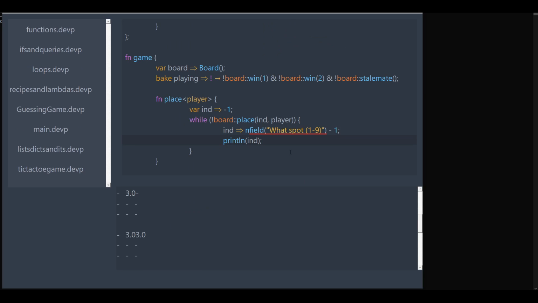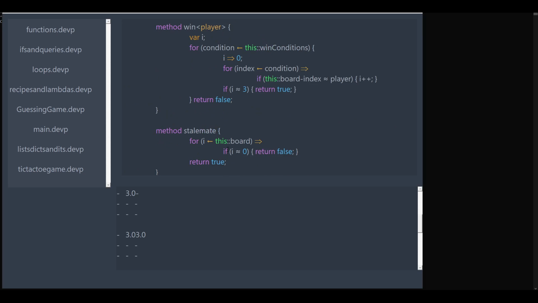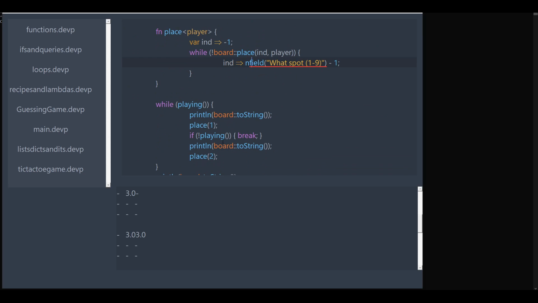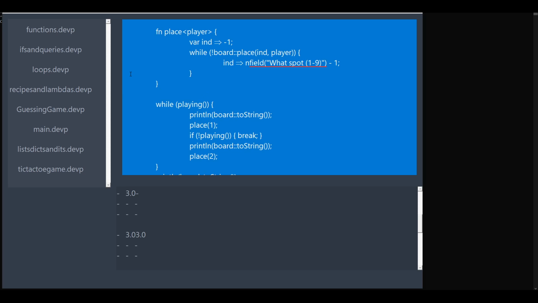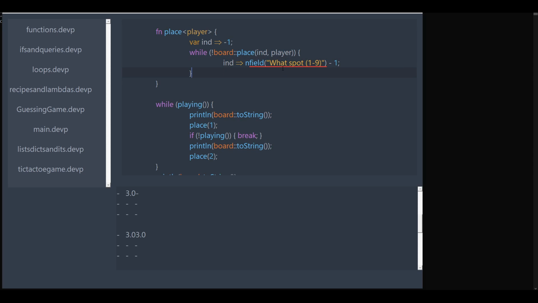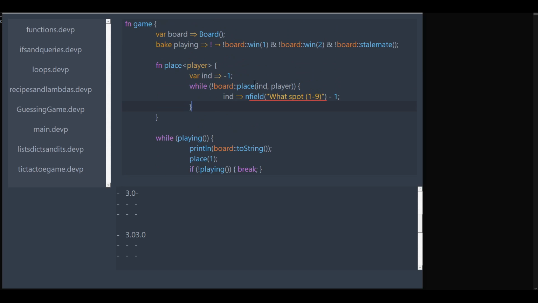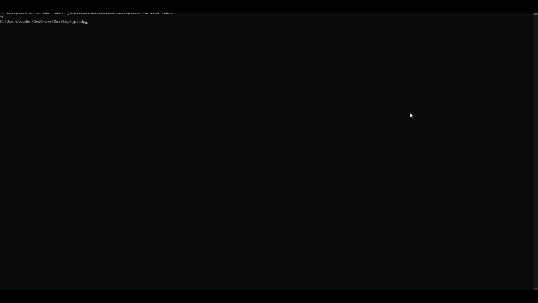Okay, I am back, and I don't know what the issue actually was. There was something going on where it was not saving it, and so it was just saving it as a blank empty file. So I had to copy all the code. I restarted Mozzarella and pasted the code back in, and also I just wrapped it in this scope, which seems to have fixed it, and it worked. But there was this big issue where previously this was board place player IND, but it needs to be IND player. Now if we run our code,